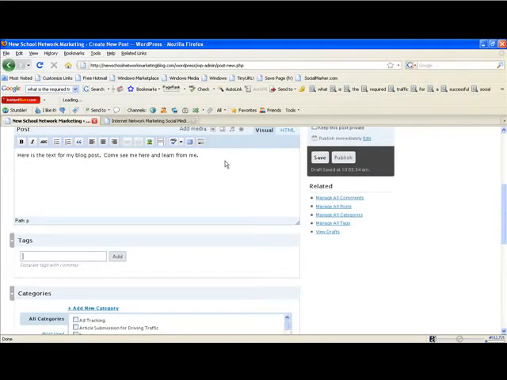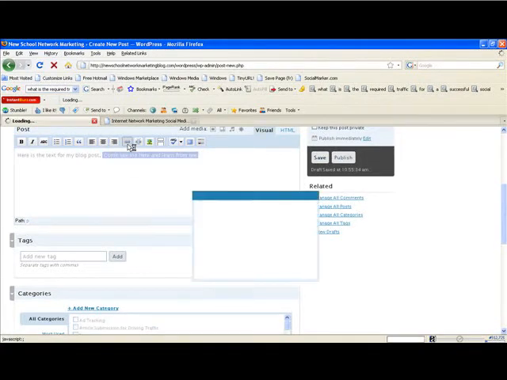And there's one other thing I want to show you, something really important that you want to know how to do on a blog post, and that is how to create something called a hyperlink. All I do to create a hyperlink is highlight the words I want to make clickable. There's a little chain right here, and see how the little thing popped up, insert edit link. Click on there.